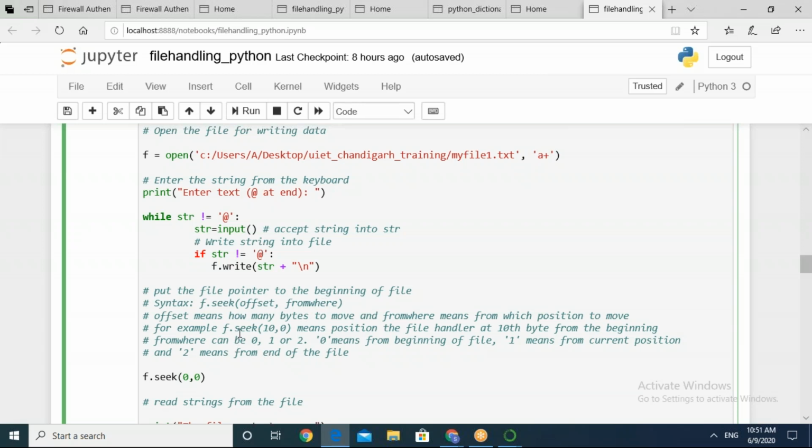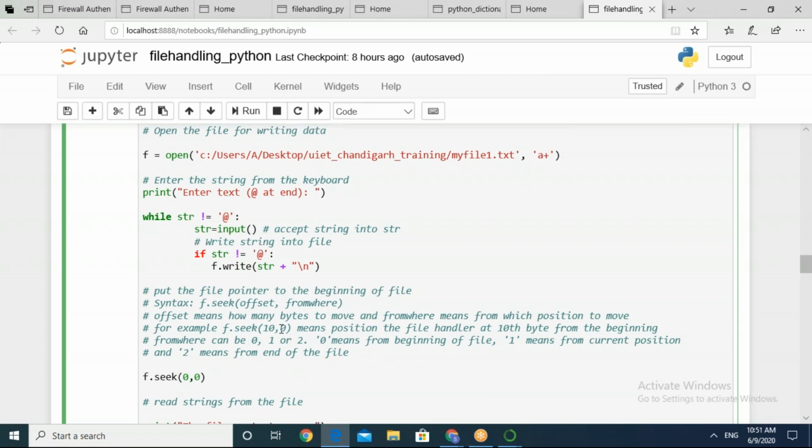For example, if you are taking f.seek(10,0), it means position the file handler at the 10th byte from the beginning. From where can have values like 0, 1 or 2. So 0 means from the beginning of file, because I have mentioned 10,0.